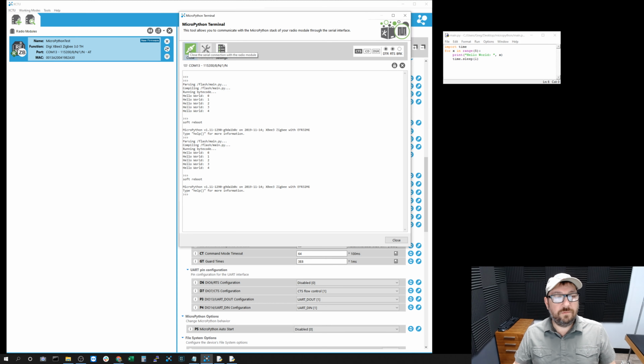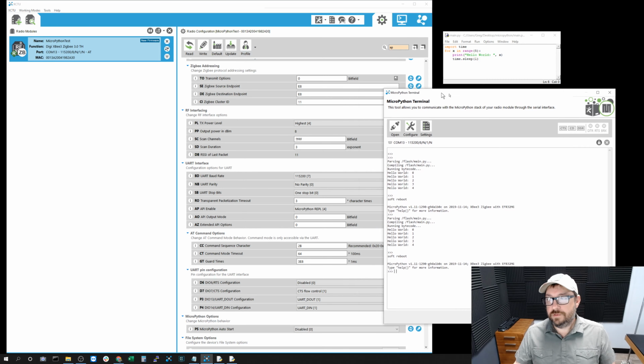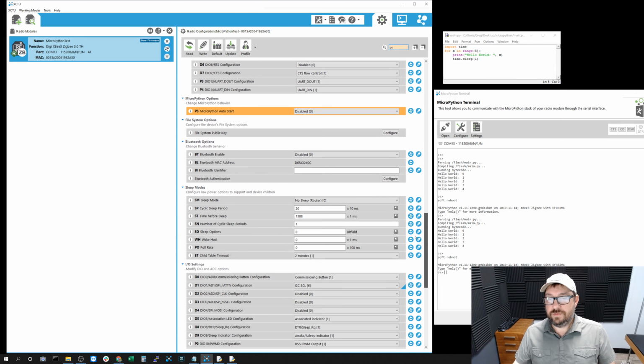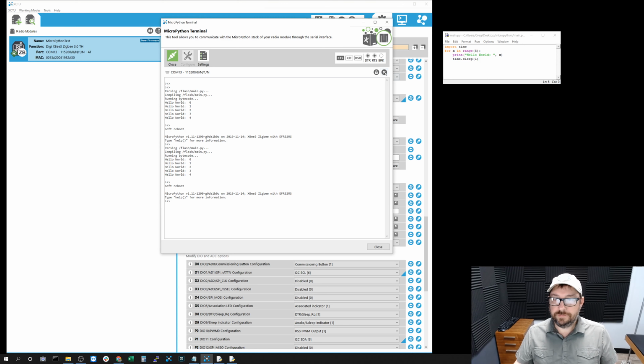So how do we fix that? All right, what we're gonna do is we're gonna close the terminal, and we're gonna go back to our configuration over here. And what we're gonna do is the parameter here is PS. That's the one we're looking for. There we go, MicroPython auto start. So if we click MicroPython auto start and we click enabled on that, let's write it. Now, when we open our terminal,